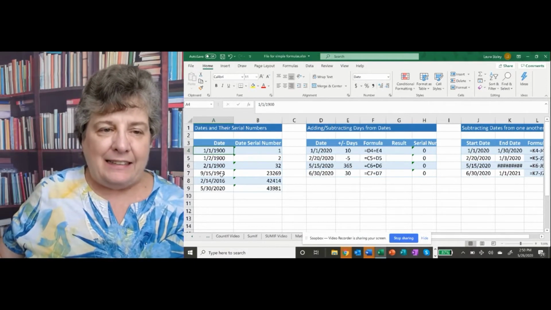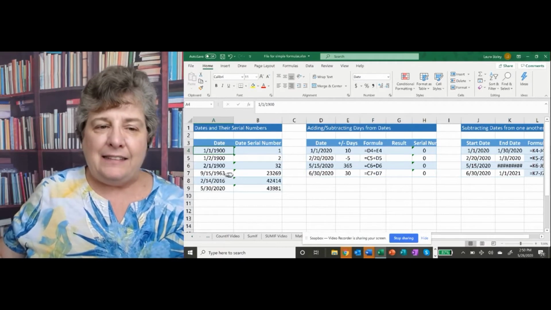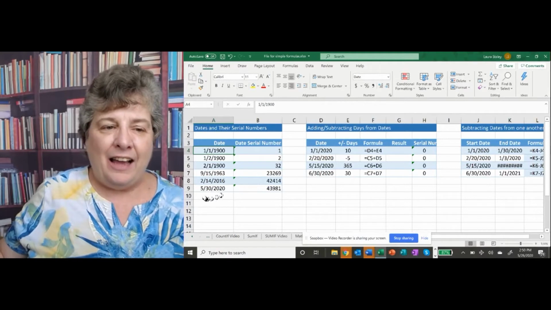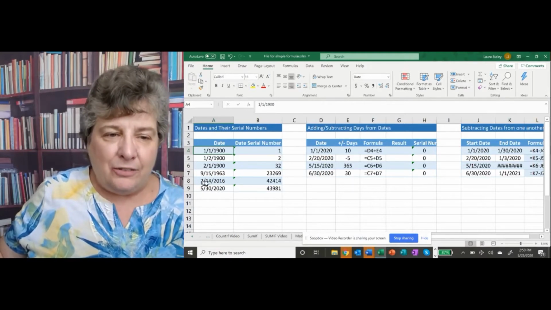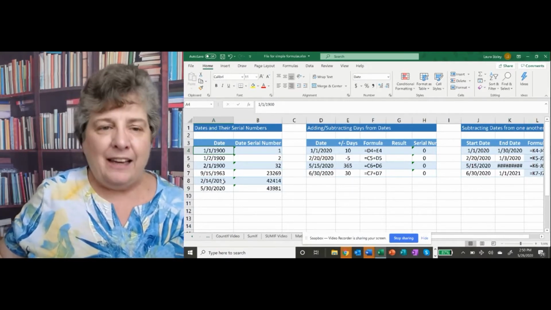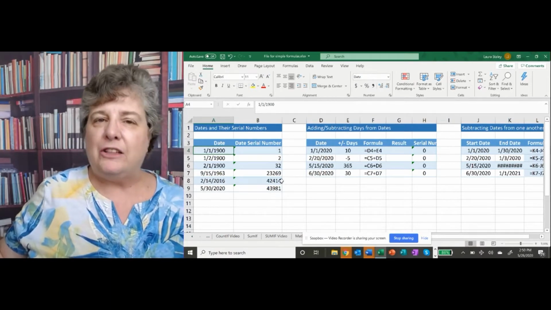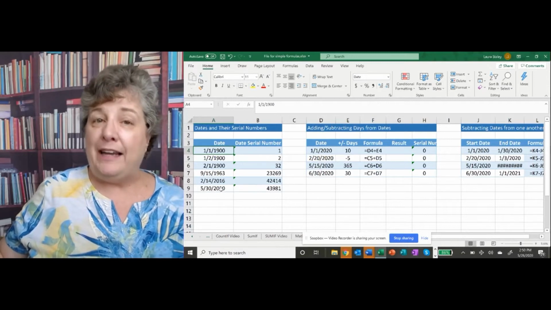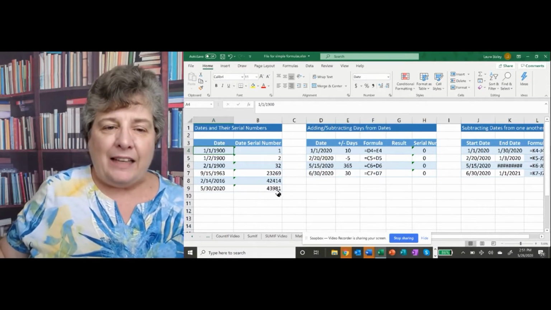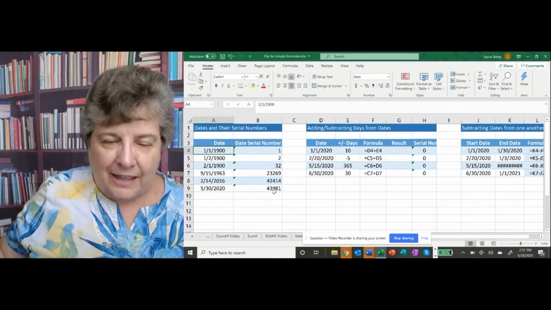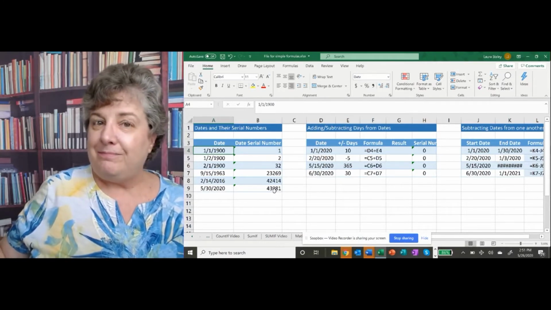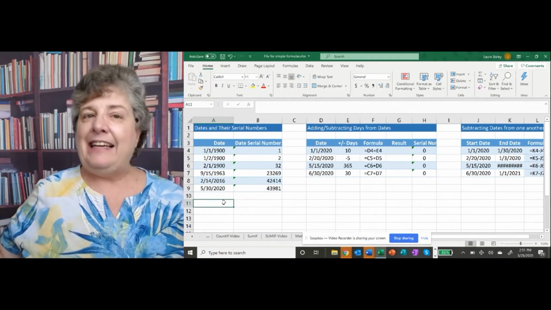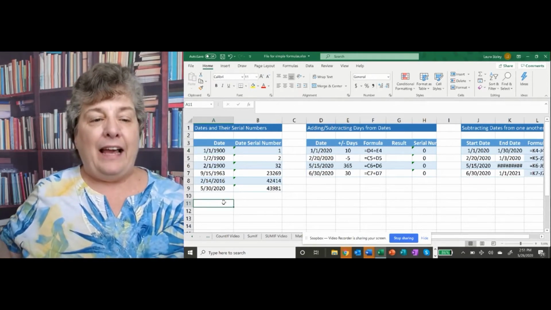September 15th, 1963, that serial number is 23,269. February 14th, 2016, Valentine's Day of that year, was 42,414. And May 30th of 2020, which is coming up soon, is 43,981. Okay, so when I type in a date,